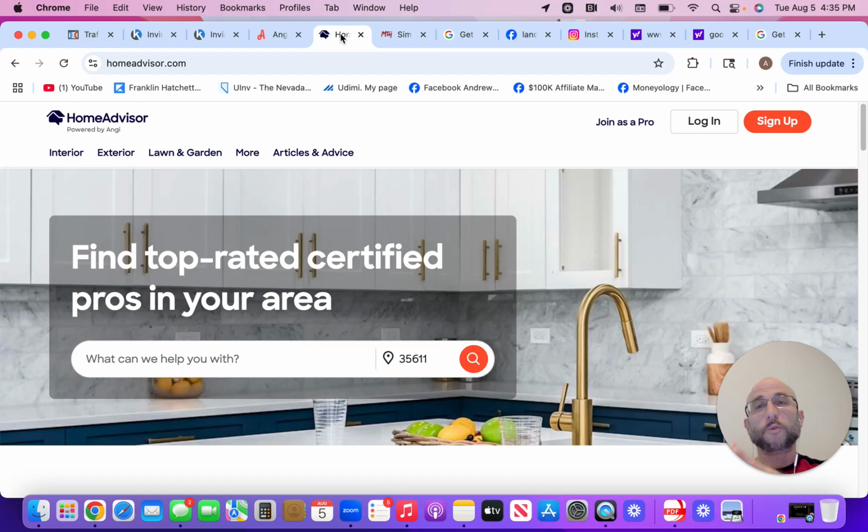But the reason why I think it's important to go over paid methods like this as well is because if you do go through these websites and you get these paid leads, I get it, you're going to have to pay for it, basically a paid membership. But here's the thing, I want you to really think about this. If you're able to get leads right off the bat, and keep in mind, when you're starting from zero, starting from scratch, and you're trying to build your credibility up, it's okay to sometimes do these sorts of things, because you're building your credibility up.